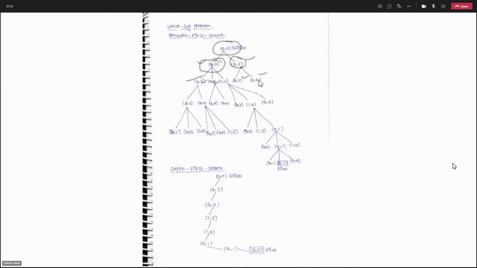Moving to the next step in the algorithm: for 4, 3, two rules are applicable, and I apply each and every rule, that means both rules, and generate the new states. Same thing with 0, 0: two rules are applicable, applying them. And for 1, 3, two rules are applicable, applying them and generating the new states.